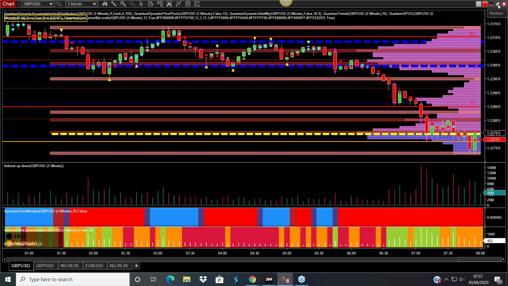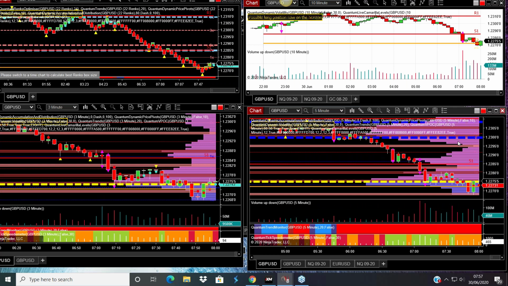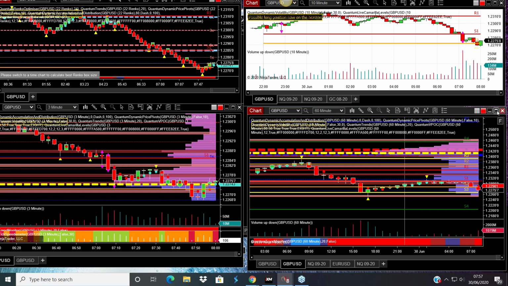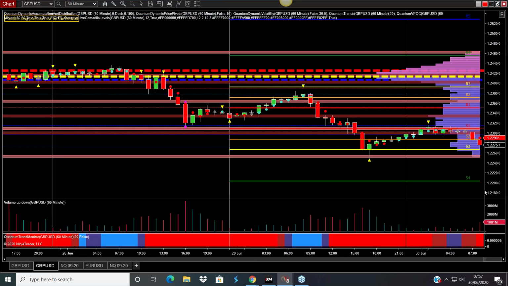So is this going to act as support for a reversal, or is the move going to carry on lower? We'll also look at the key levels for this particular pair, and these are the weekly levels for cable. I've kept the session separators here, because I'm going to be focused on the British pound, probably on cable particularly, but I'll be looking at maybe one or two of the cross pairs. I can see here, this is yesterday's low. It's just below the S3.